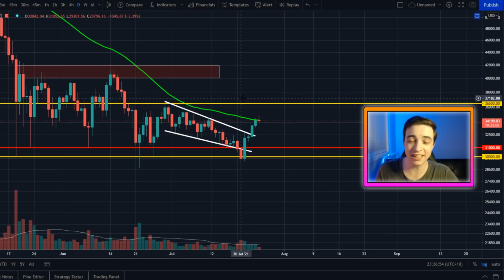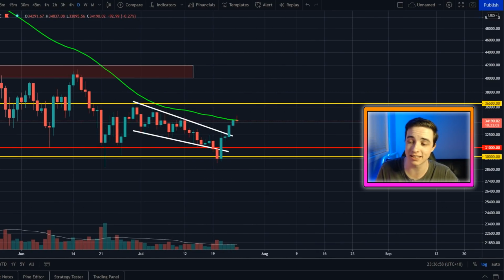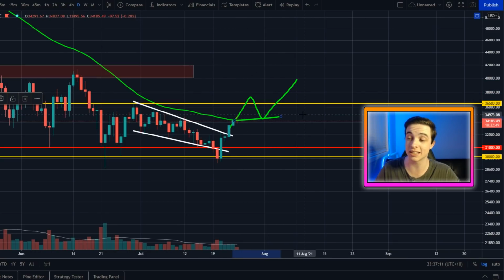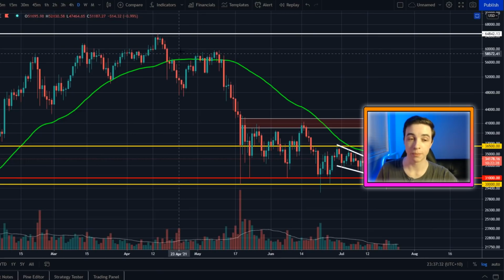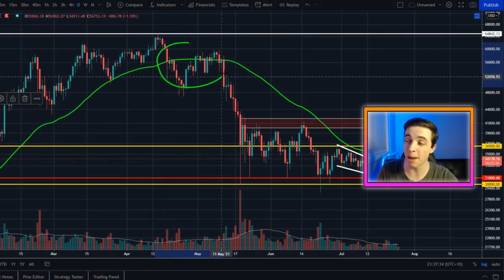But we really need to see a daily close above that moving average, and preferably with a decent spike in volume just here to actually confirm a break above that moving average. And also, if we can see a retest of the moving average as well, then honestly, that would even be better for Bitcoin's case here, because going back and taking a look at what actually happened when we broke below that moving average,